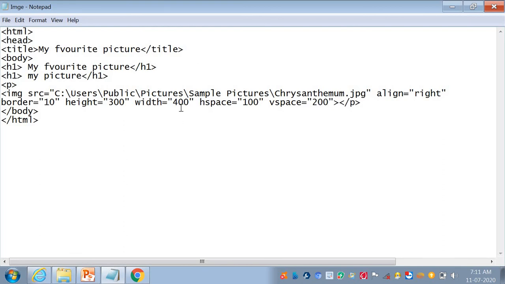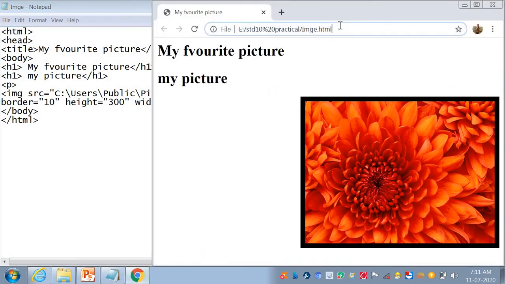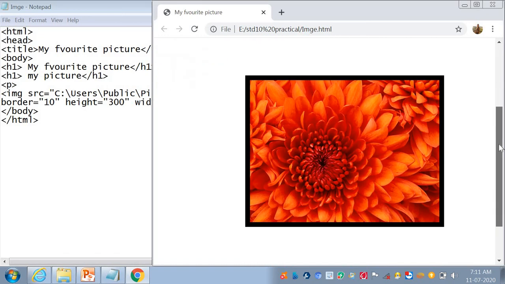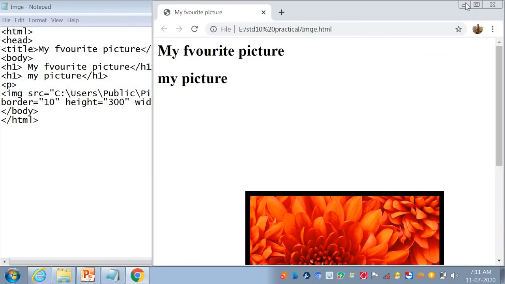It means in my output the space is displayed: on the top side the horizontal space is 100 and the vertical space is 200.